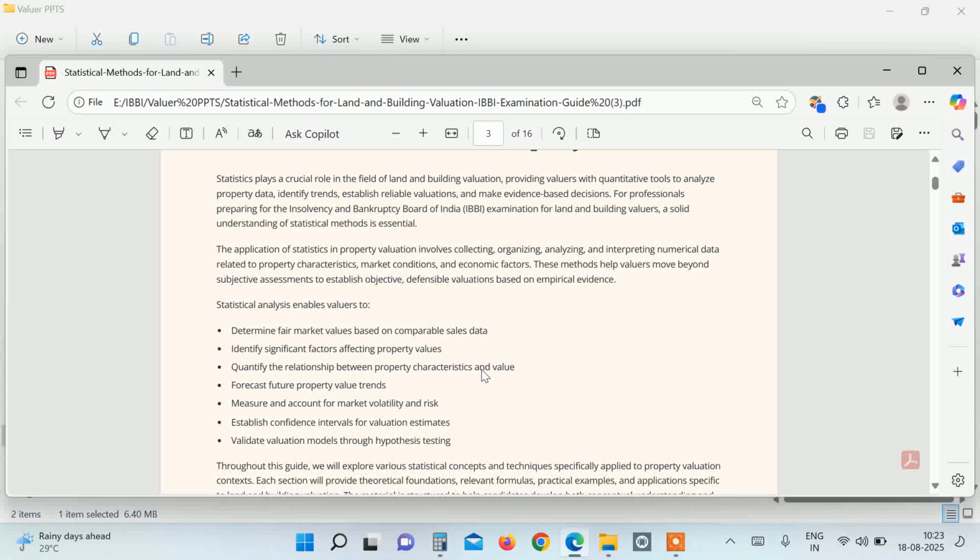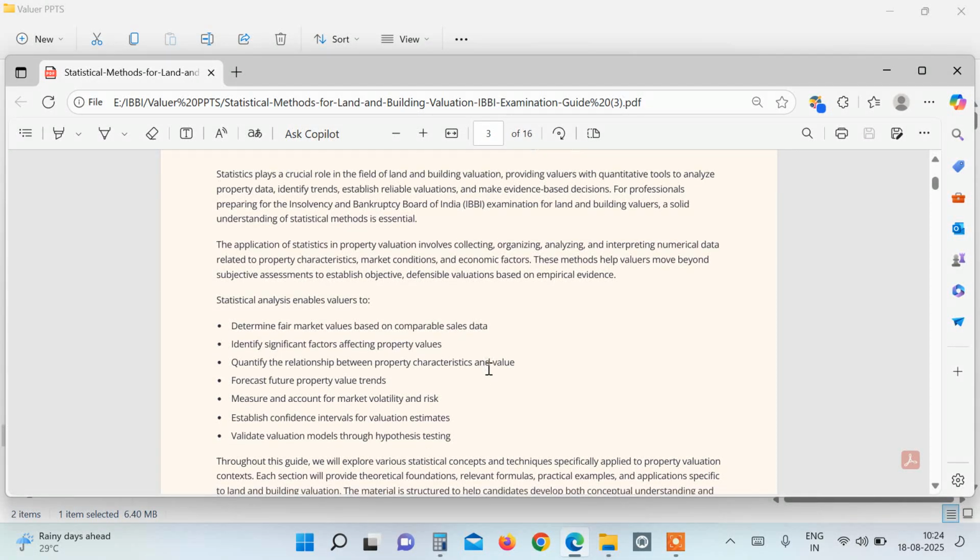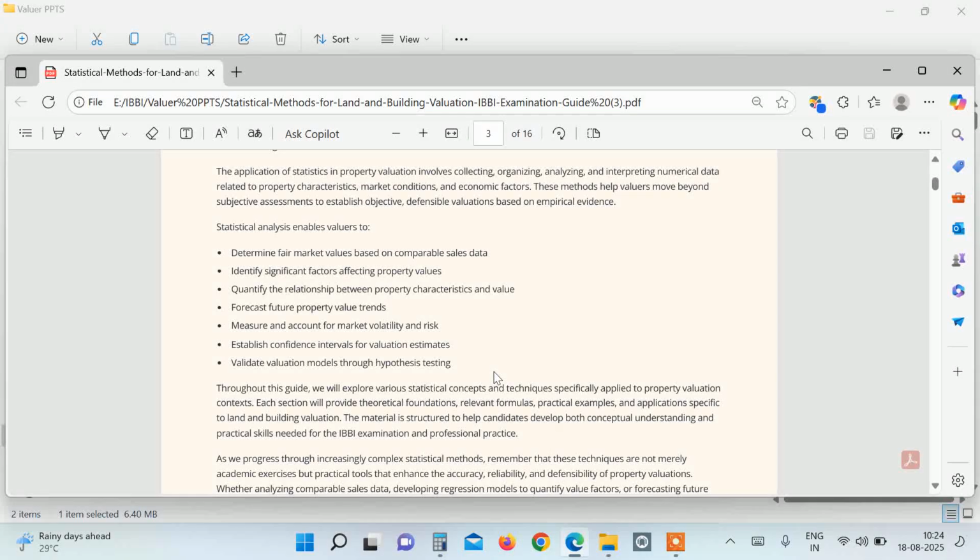Statistical analysis enables valuers to determine a fair market value based on comparable sale data, identify significant factors affecting property values, quantify the relationship between property characteristics and value, forecast future value trends, measure and account for market volatility and risk, establish confidence intervals for valuation estimates, and validate valuation models through